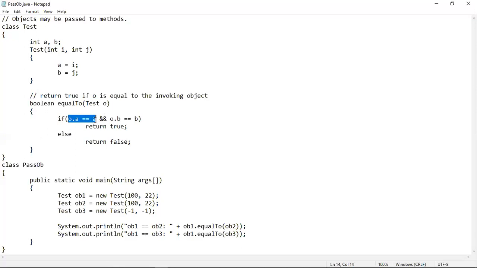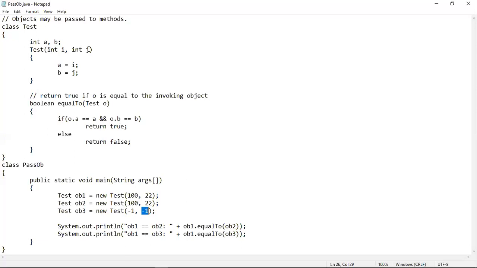So this condition fails. Now logical AND is an operator which will check both the conditions, and both the conditions have to be true in order for this if block to execute. So this condition is false. Now let's check whether this condition is true or not. Here also O dot B means OB3 dot B. OB3 dot B means this -1 again.